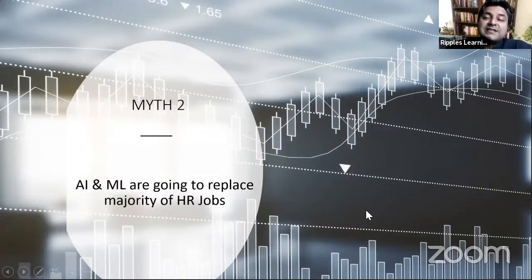The second and third myths are slightly futuristic, right? And when I say futuristic, a lot of times when we talk about the future, we talk about 20, 30, 40 years away, or some time machine, time travel taking us there. No, we are not talking about that. We are talking about what is going to change in the next 5 or 10 years.